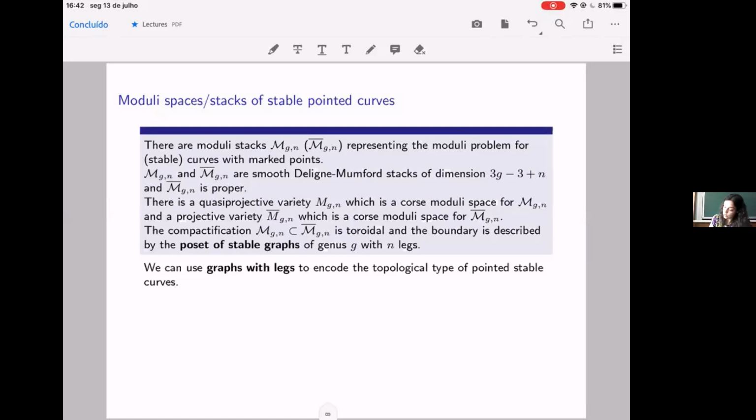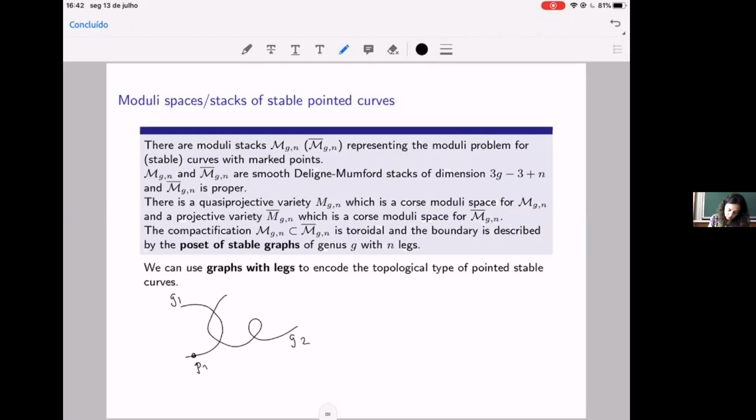So for instance, imagine that we have a curve like this. This is a genus 1 curve, this is a genus 2 curve, and we have a marking here. This is going to be P1, this is going to be P2, this is going to be P3. And then the dual graph of this,